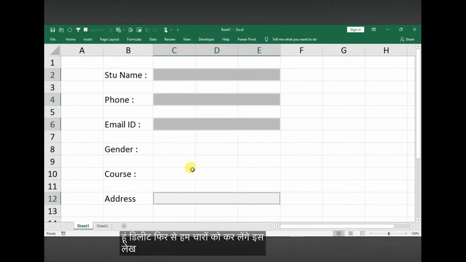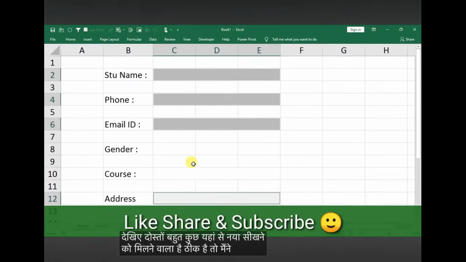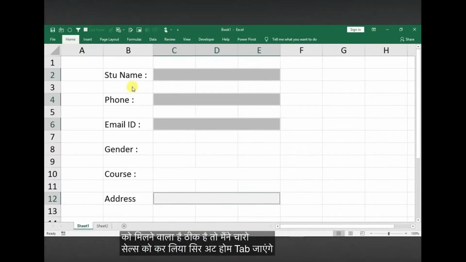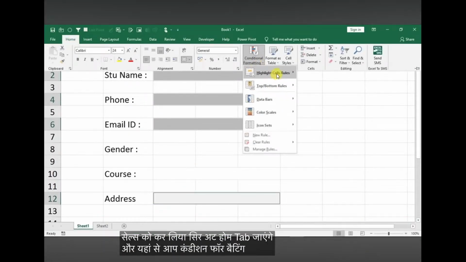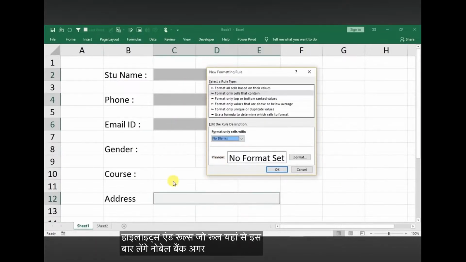चारों को सिलेक्ट कर लेंगे। इस वीडियो को बिना स्किप किए पूरा देखिए दोस्तों, बहुत कुछ यहां से नया सीखने को मिलने वाला है। ठीक है, तो मैंने चारों सेल्स को सिलेक्ट कर लिया, होम टैब पे हम जाएंगे और यहां से कंडीशनल फॉर्मेटिंग, हाईलाइट सेल रूल्स, मोर रूल्स, यहां से इस बार नो ब्लैंक्स लेंगे। अगर ये चारों सेल्स